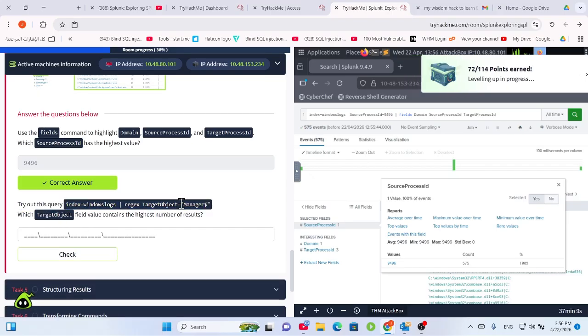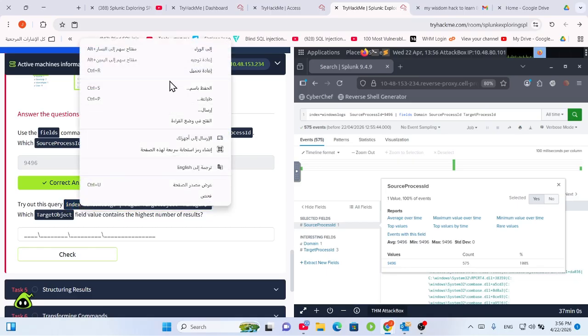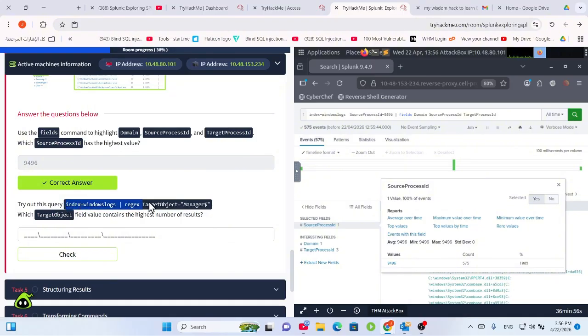Throughout the query, index Windows log regex target command manager, which target object field value contains the highest number of results. Basically,